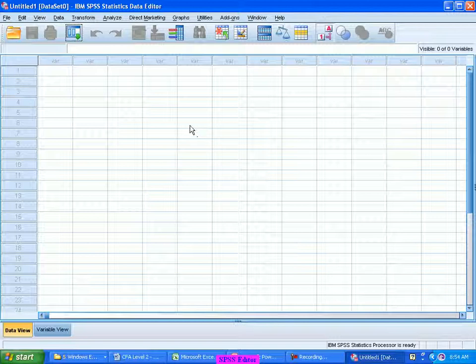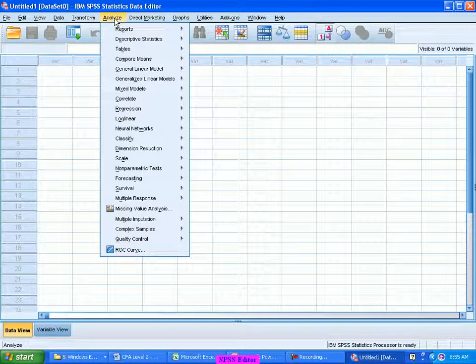Whatever can be performed are the different menu layers here. The whole bunch of statistical tests and features, if you want to understand about SPSS, is this Analyze section. The first few are basic to intermediate level.